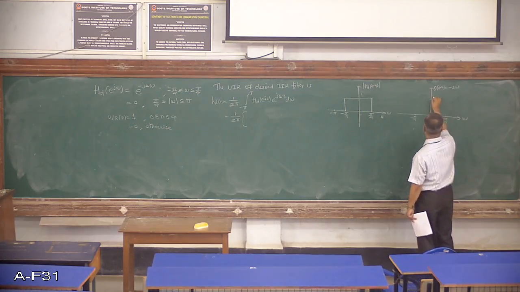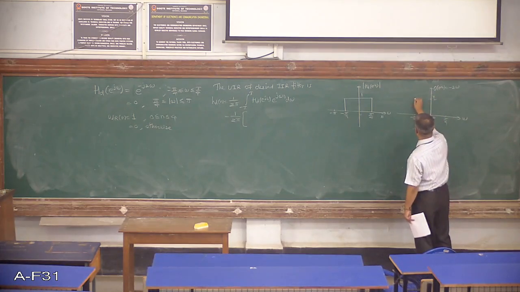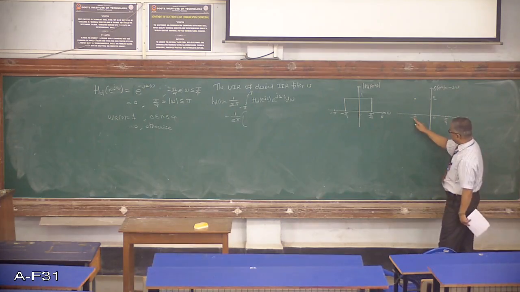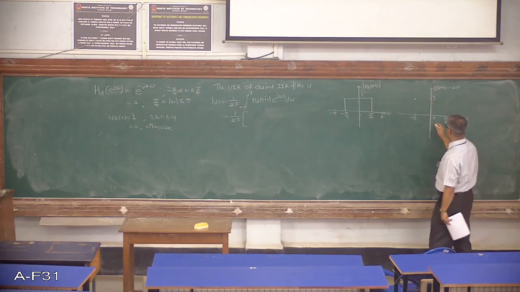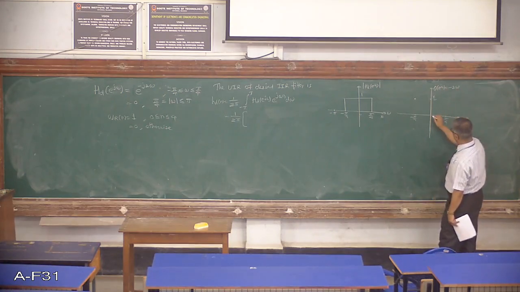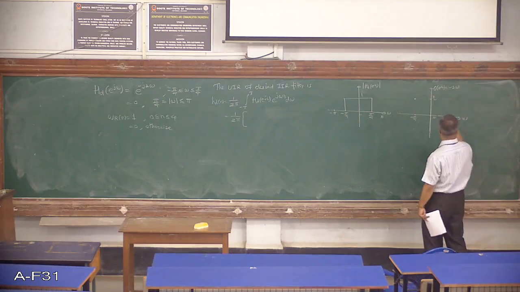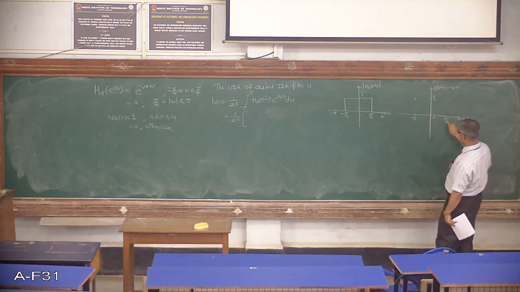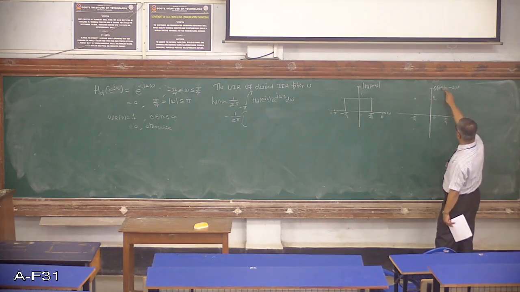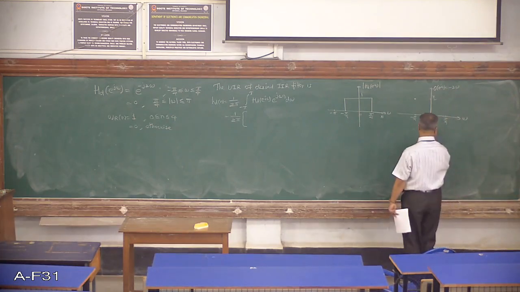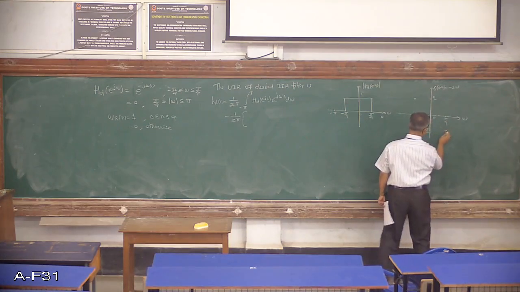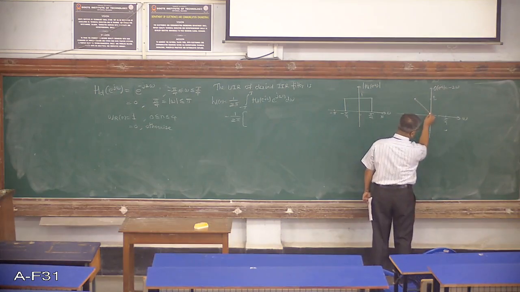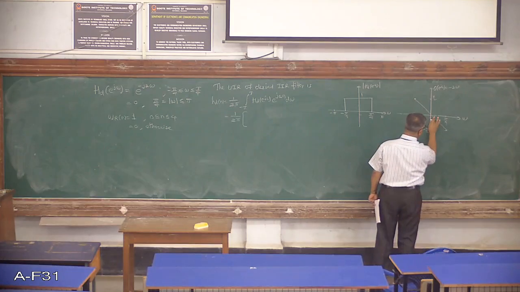So let us say it starts with a value somewhere here. I'll mark it as pi by 2. So this is the point. When omega takes value minus pi by 4, the value of this phase response becomes pi by 2. Now at omega is equal to 0, phase response will be 0. Then omega is equal to pi by 4, if you put this value in this equation, you get the value of theta of e to the power j omega as minus pi by 2. So that will be somewhere here. This is the point. So your phase response will look like this. It is the linear phase response with a negative slope.